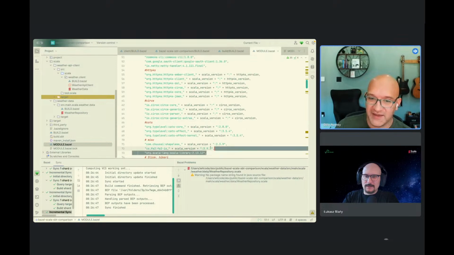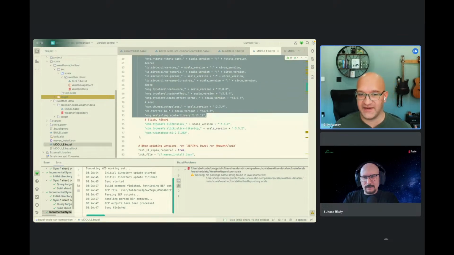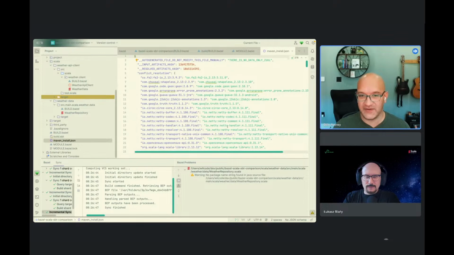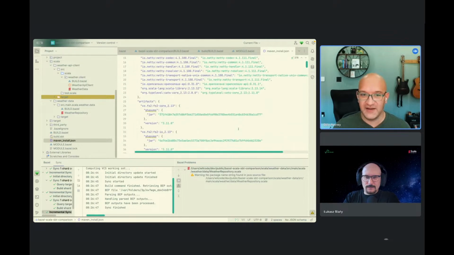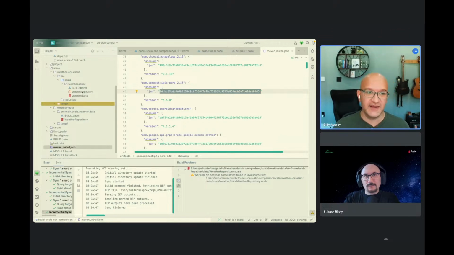So the main thing is this. This is where you declare your Maven dependencies, and this is for the whole build. This is just making the Bazel build graph aware that these dependencies should be downloaded. And this also has a concept of a lock file based on how rules_jvm_external works. So it has, okay, these are all the dependencies and the SHA sums and everything, so that you can be secure and not have dependency injection happening if the thing that you downloaded doesn't actually match the hash that it expects.